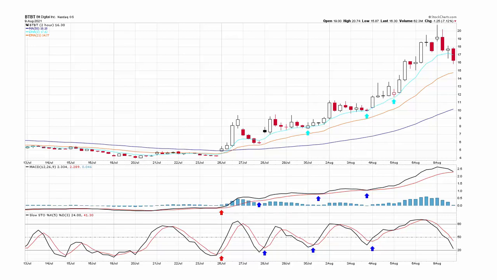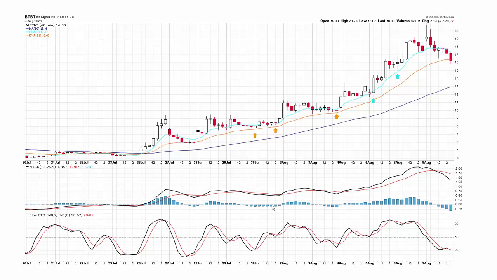Now let's zoom in one more time frame to the hourly chart. One thing I want to highlight here is something that I call my moving average handoff. When a stock trends, as it accelerates, shorter and shorter moving averages will support the stock. You can see here the 21 supports it, the 21 supports it, and then as the stock accelerates, the 8 supports it, the 8 supports it, until it falls off. First the 21, then the 8. I call it my moving average handoff.